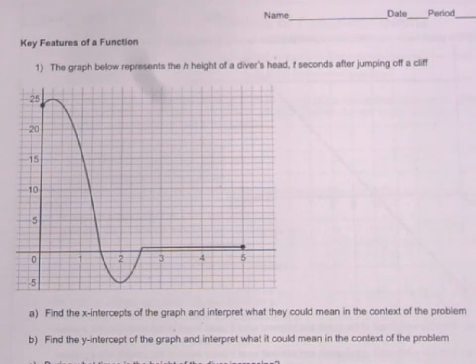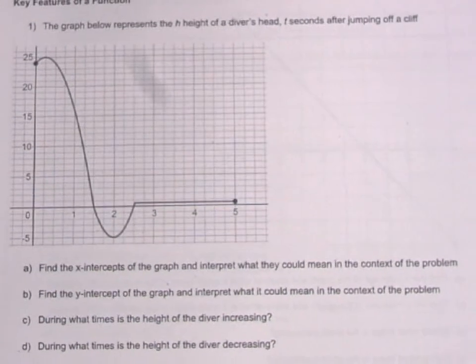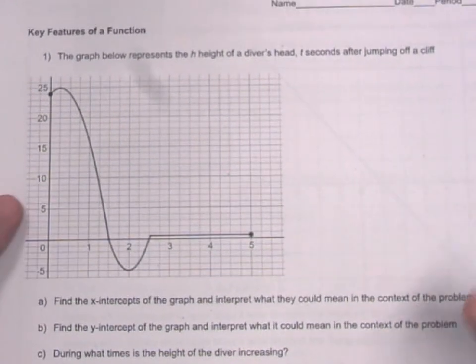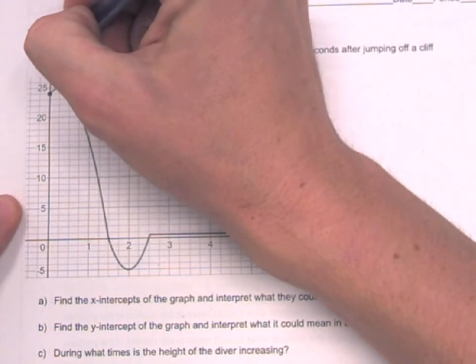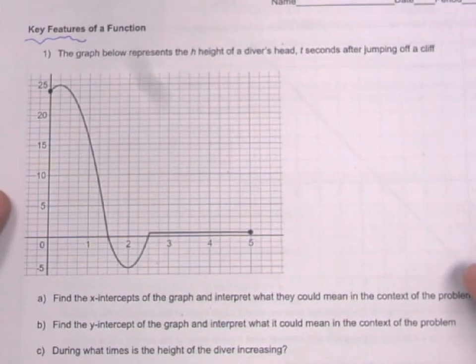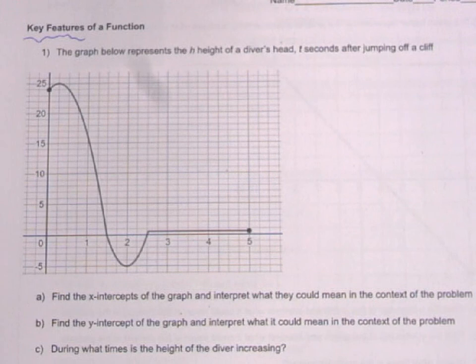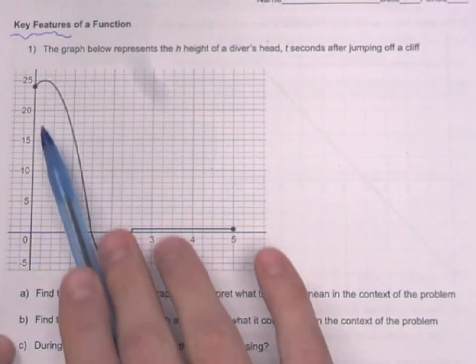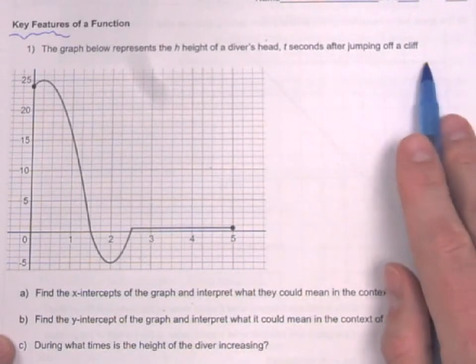We're going to start here by looking at this graph and trying to interpret different things from this graph. Our goal here today is to talk about key features of a function, or key features of the graph of a function. Right now we're talking about the height of a diver's head t seconds after jumping